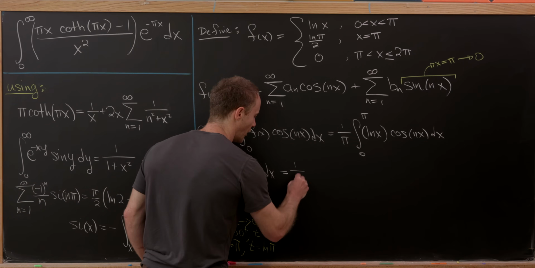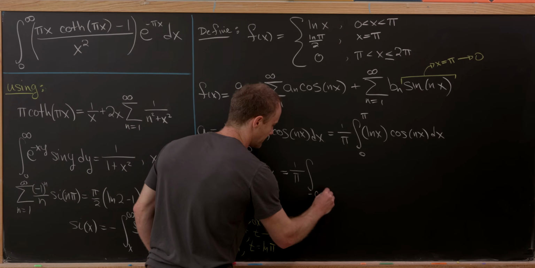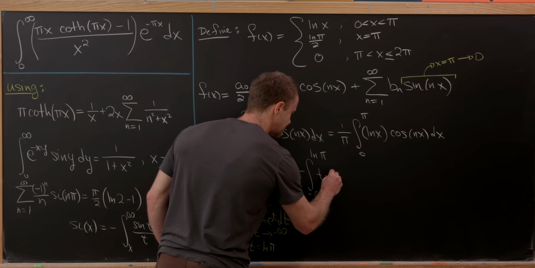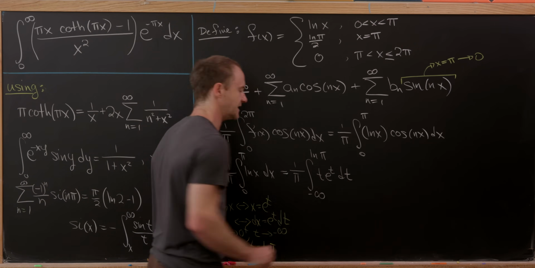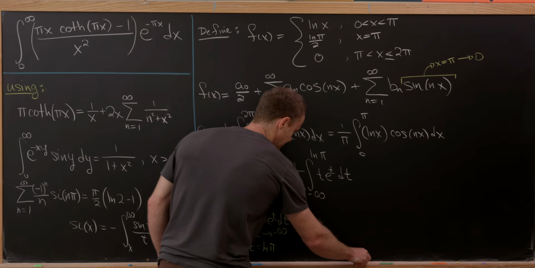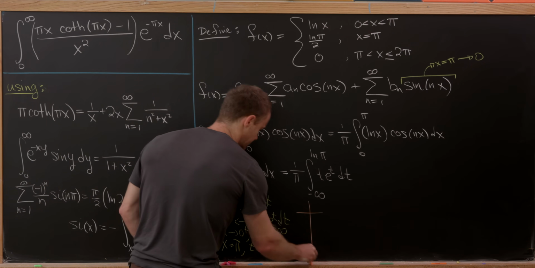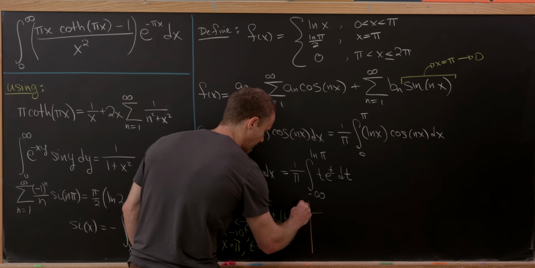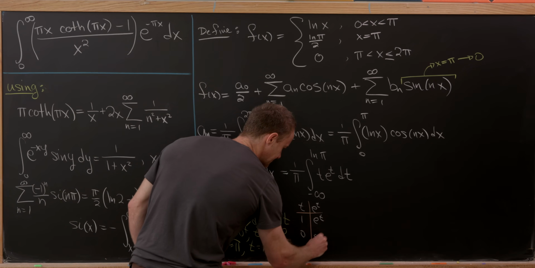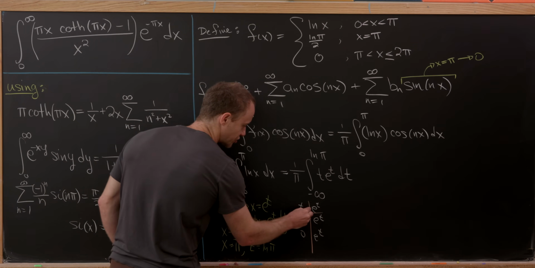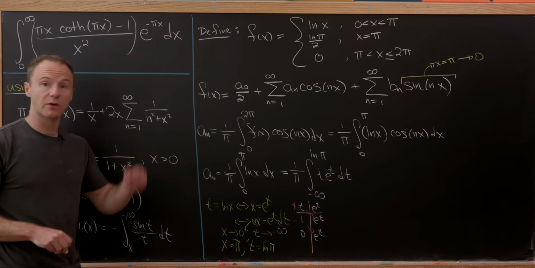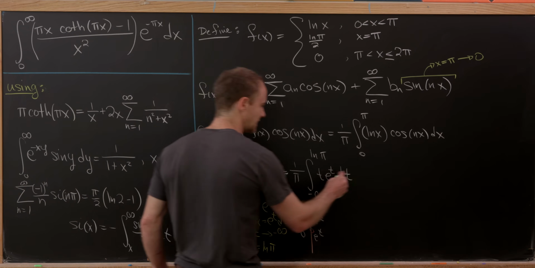Okay, so now we'll have 1 over pi, then the integral from minus infinity up to natural log of pi of t e to the t dt. Now we can perform maybe tabular integration by parts on this. So we can make our little di chart. We'll put our polynomial here, our exponential here, take derivatives, take antiderivatives, and then match on the diagonal, and then alternate the signs. That's just a quick way of doing the integration by parts here, and that'll leave us with